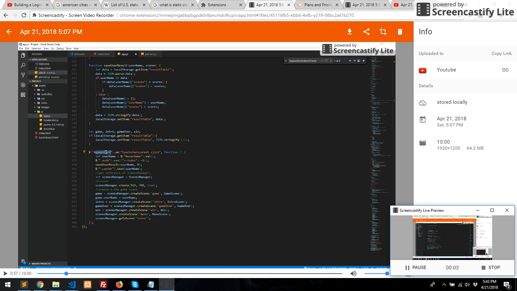Okay, after this method, we are saying to insert the username inside the div with the class name center. So we have a class over here with the name center, and we are inserting here. After this, we make a variable equal to a class that we have here in our app.js. So if we see this